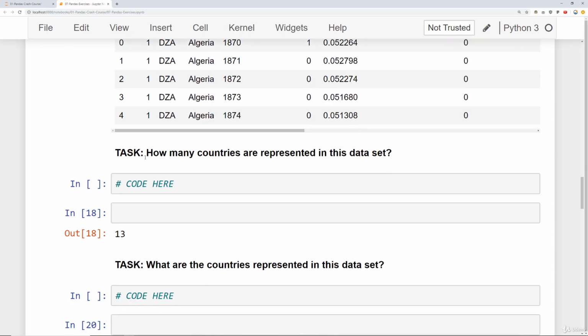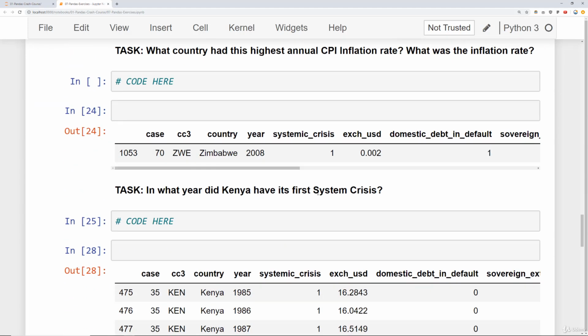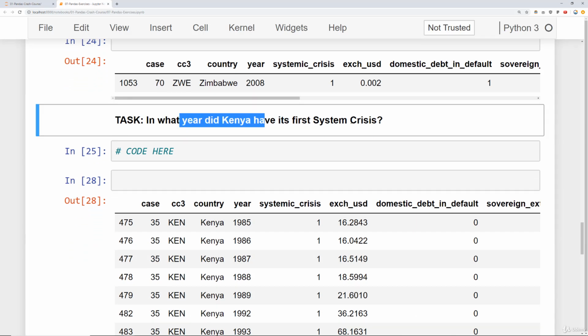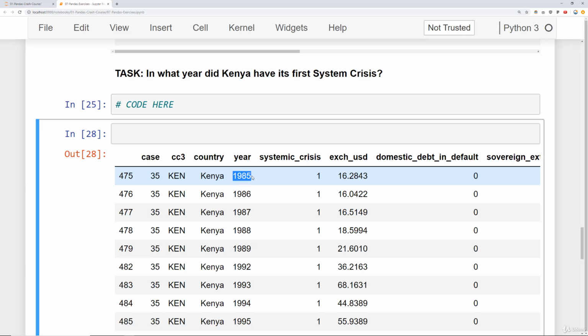code where it says code here, that way you can compare your results to the expected results. Here we just have a series of questions for you to answer, things such as in what year did Kenya have its first systemic crisis? Keep in mind, for something like this, you could either manipulate pandas enough to get the single value of the correct answer, which is, in this case, 1985, or